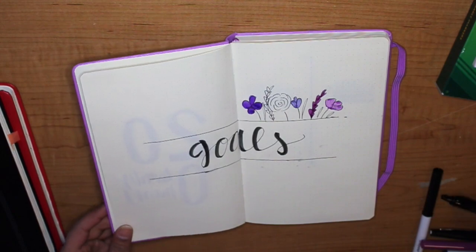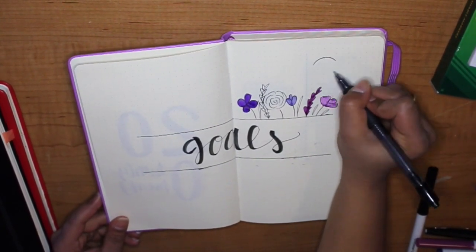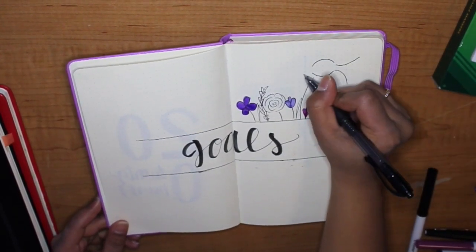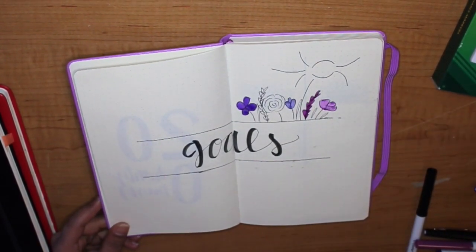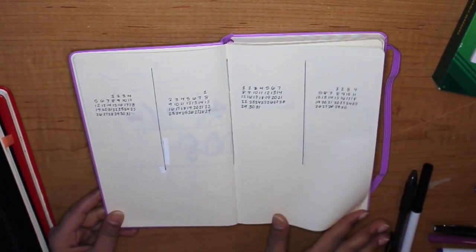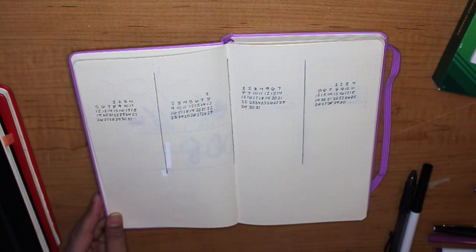So the way I wanted to do the actual goals part, I saw this on Pinterest, and I have it coming out almost as a flower, and then it's almost like in a circle. And that's where I'll write down the goals. So these next couple of spreads are